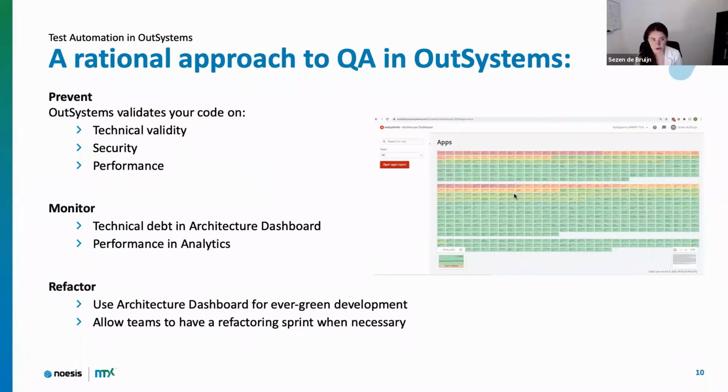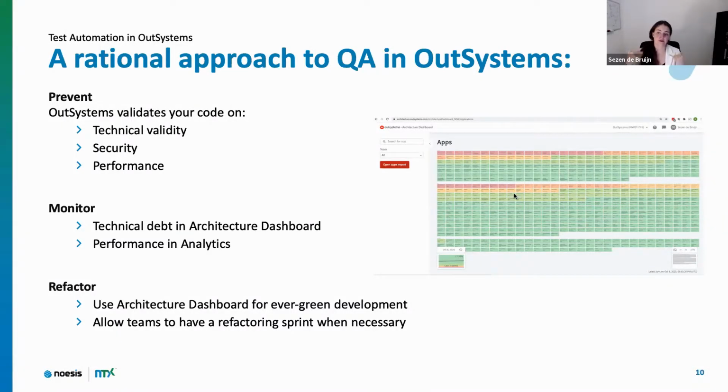And also, of course, in terms of monitoring, we have performance monitoring. Because even if you make completely scalable code, performance issues can still occur, perhaps because you haven't got the right infrastructure underneath it, things like that. So we're also monitoring the performance in production. So with these 2 points of monitoring, you're able to get some information on places where you might need to act and change things to be able to improve the quality of your applications.